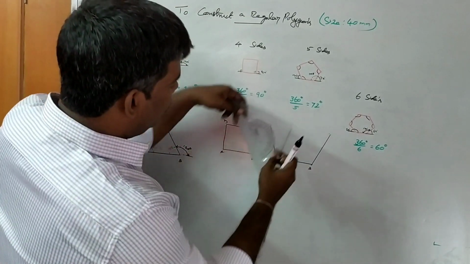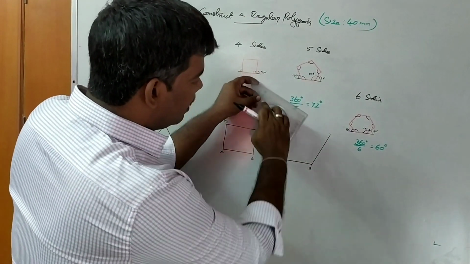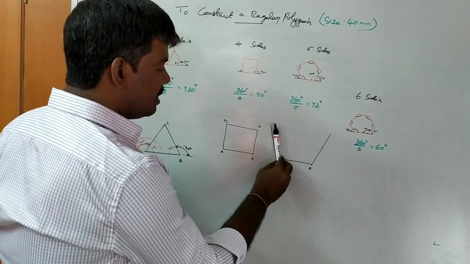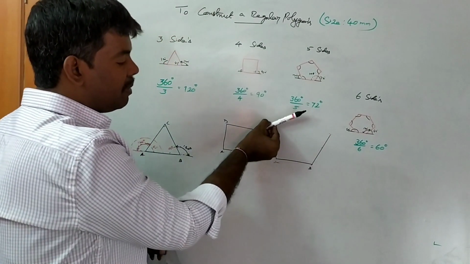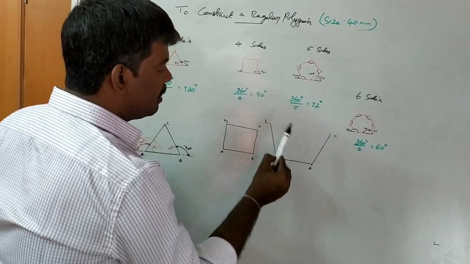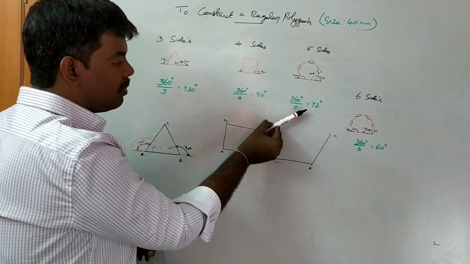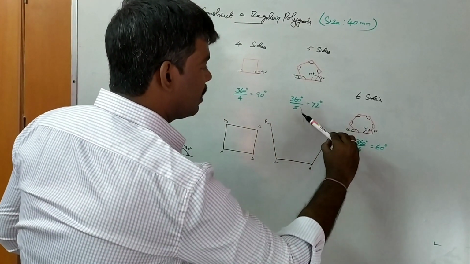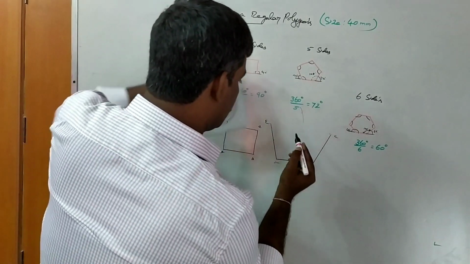Next, if you want, you can keep here the same 72 once again, or otherwise, for time consumption, we already know the size is 40. So from here A, B, this is C, D, E. So with 40, from here you draw one arc, from C you draw one arc. So you join that.